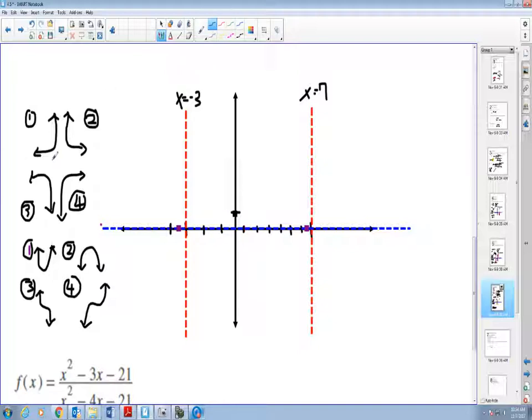Do I pick number 1? When I pick number 1, how can I draw it where it's going to cross over the x-axis and then go down? But I'm missing it because after I cross over the x-axis at negative 4, the y value is positive. It's up here. It's not down there. Okay, so that means I got to do number 3